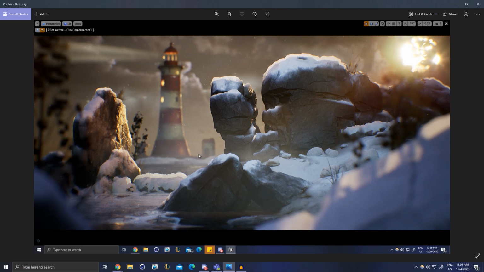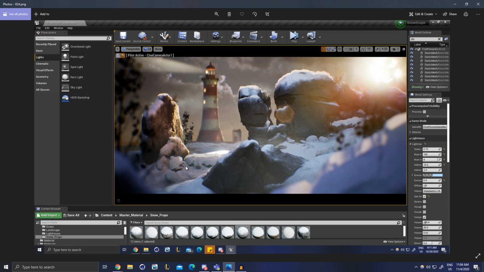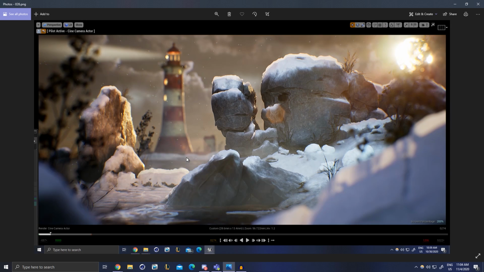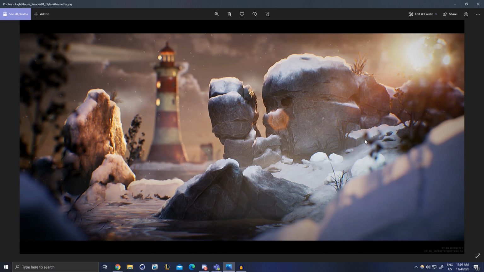And you can notice I'm not really worried with any of the background details here. Like this is a horribly simple model. I didn't even include it in the breakdown because it's so basic. You can see back here at some point I sort of terraformed the landscape to be a bit more interesting. And yeah, this is just everything with the post-processing done, the lighting tweaked a little bit more and brought into